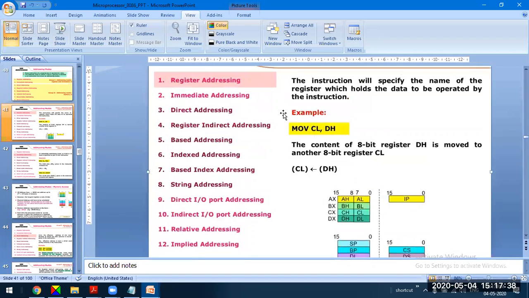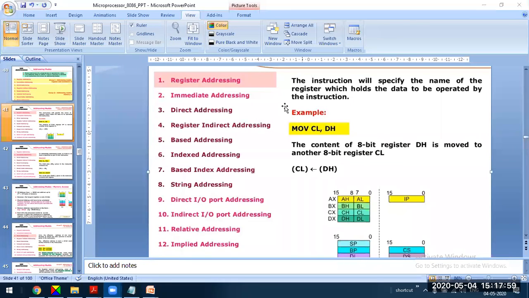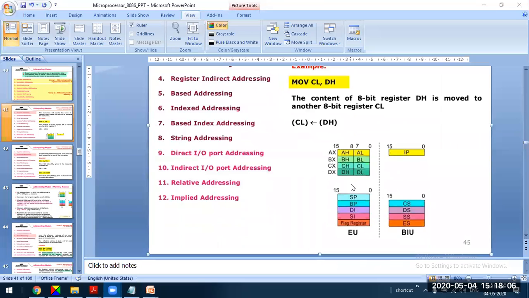In 8051, what is the condition? One of the registers should be the accumulator. In this case, it's not necessary. The accumulator is for general arithmetic and CPU operations. It need not involve itself in data transfer. But in 8051, even for data transfer, we use the accumulator. That's not necessary here. We need not bother with the accumulator for simple data transfer operations.